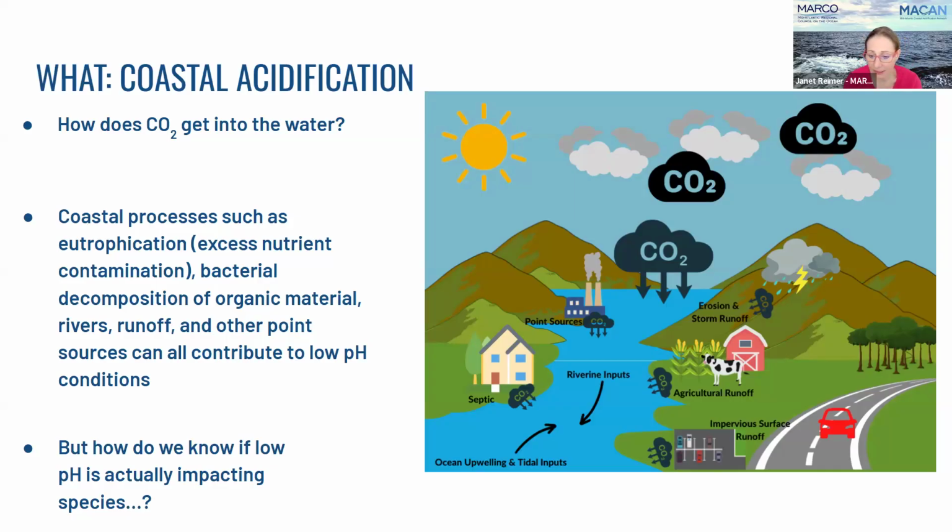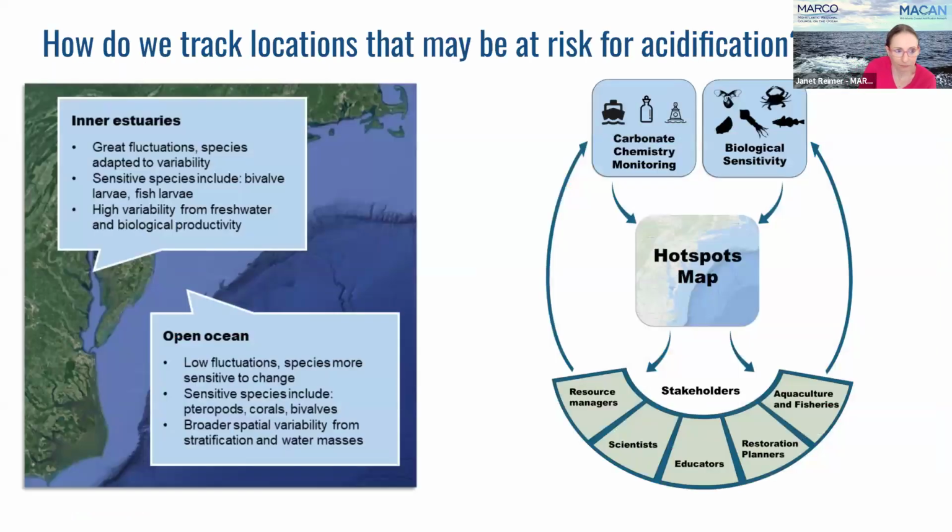And again, these can be either long-term, which is a climate issue, which we find mostly in the open ocean, or they can be kind of these sporadic events that occur in the coastal zone. So one of these things that we really want to understand is, okay, if pH is decreasing, is it decreasing enough to have an impact on biology? And if it is, how do we know that that is an actual negative impact to biology? So these are some questions that MACAN and the other coastal acidification networks seek to answer through the research and data synthesis that we do. So we'll get back to that in a second.